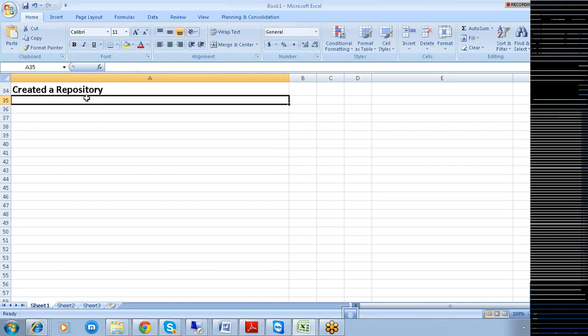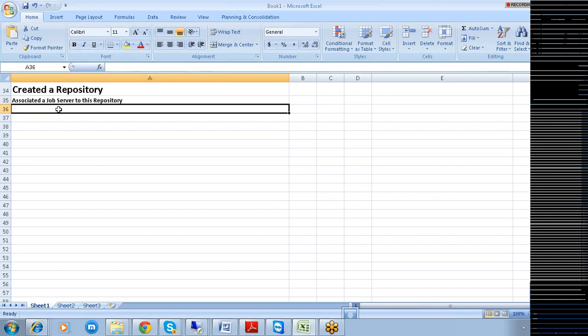What is the second step? The second step is that we associated a job server to this particular repository.